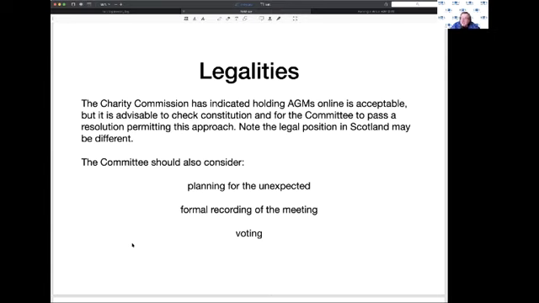And the first is planning for the unexpected. And unexpecteds do happen. Leaving on one side the possibility of the network going down, which would then lead us all in a bit of a mess, it's things like the sudden illness, for instance, of the chair.